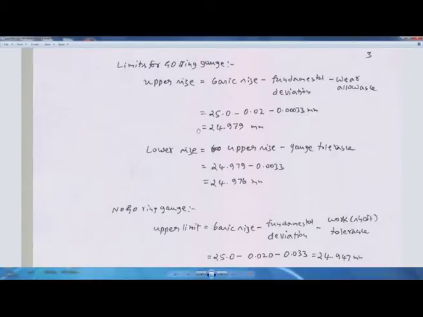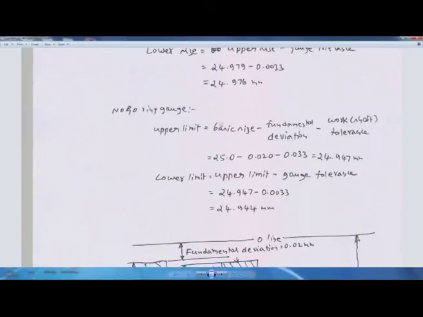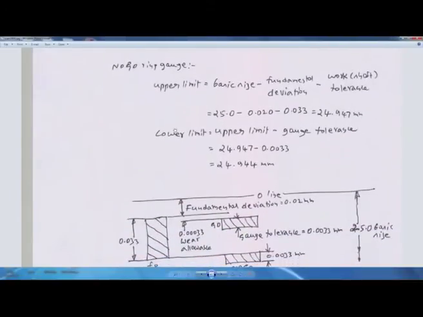So the upper size will be equal to 24.97967 millimeter, and the lower size for the go ring gauge is upper size minus gauge tolerance, so that is 24.97637 millimeter. So coming to the no go ring gauge,